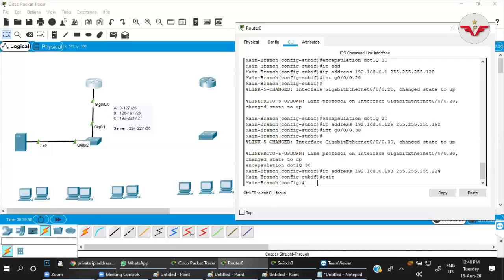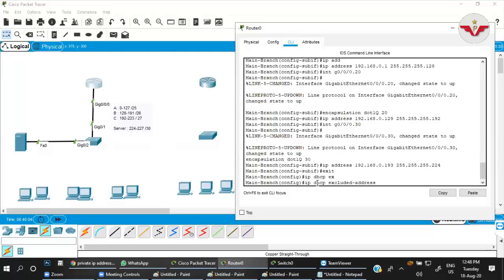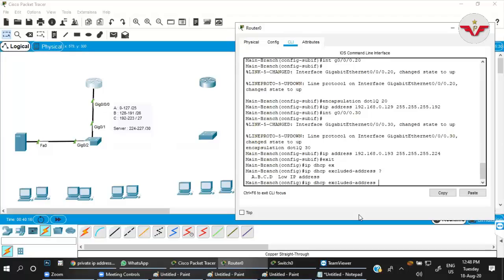The first command to reserve the IP addresses is ip dhcp excluded-address. I want to exclude that number of IPs from the DHCP range. So ip dhcp excluded-address, now the first IP, the low IP which you want to exclude, would be 192.168.0.1 to 192.168.0.10.